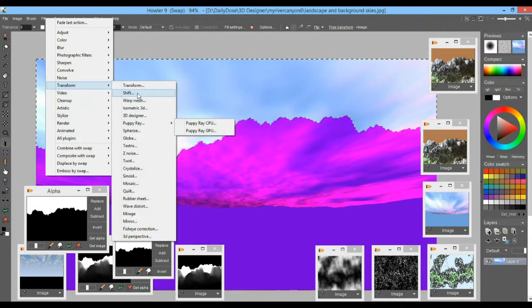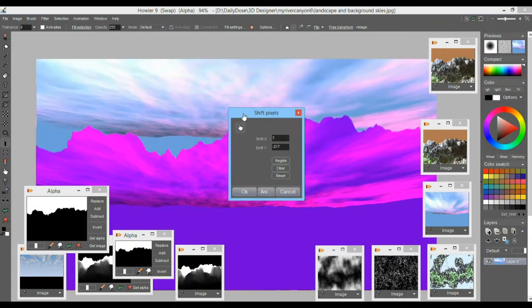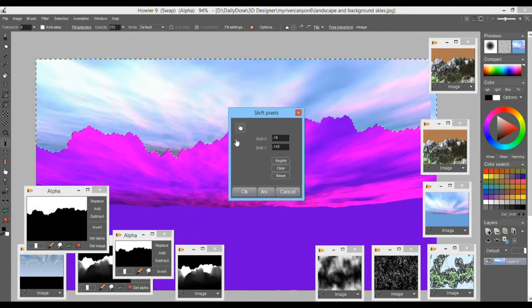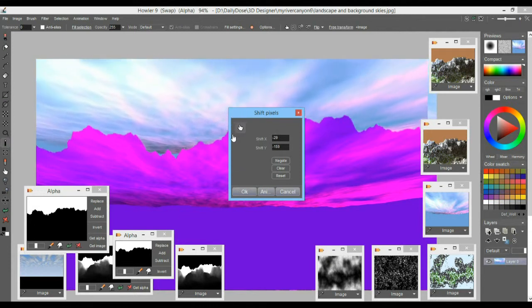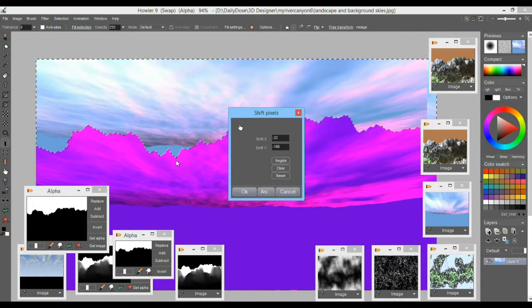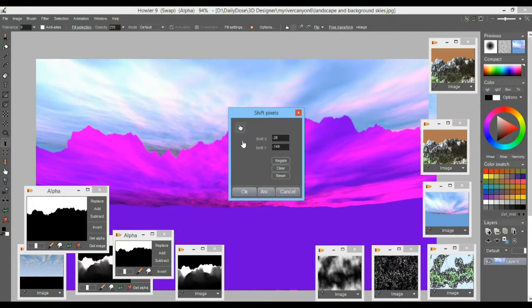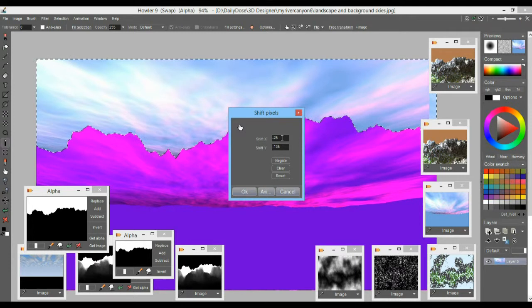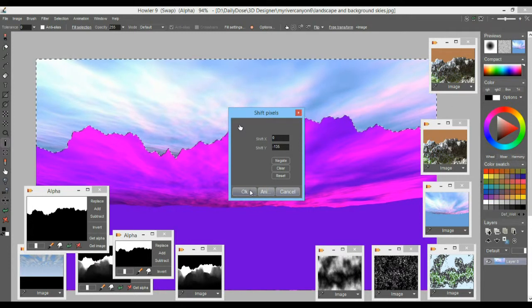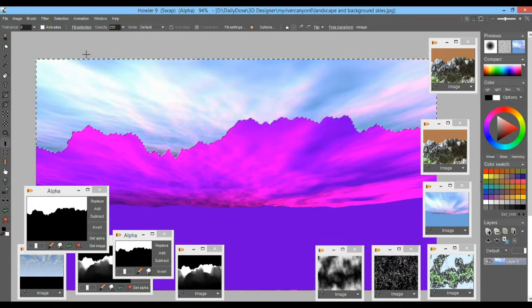So let's go shift it, and you can see now that you can shift that image, and down here is where the lowest point is, so you'll want to go down here like so. Again, make sure the Shift X is 0 so there is no transition to the side. And if for some reason you also want to shift it a little bit sideways, one thing you could do